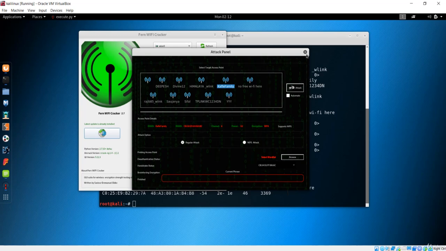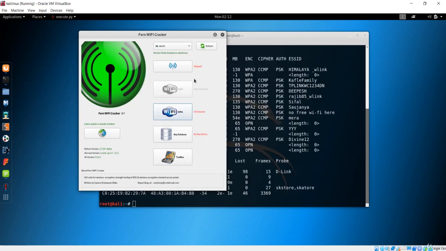But we are not going to do it with this because this is an easier process and anyone can do it. Our aim is to make use of airodump-ng, and the way that it works is that we have to deauthenticate some of the clients so as to get the handshake. So basically we are using the handshake protocol to send the packet, and we'll acknowledge that packet, and then use the word list to crack this WPA.